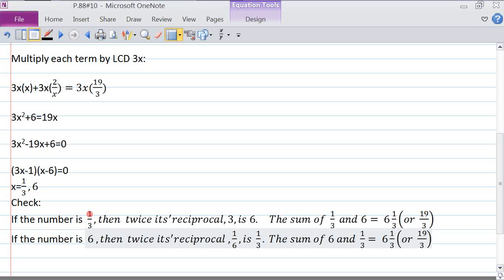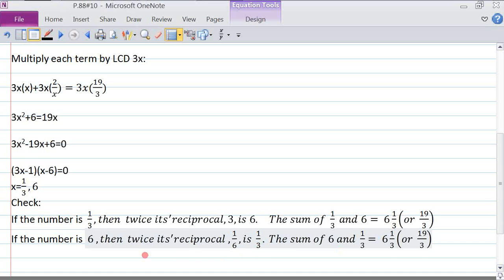So if we assume we start with 1/3, then twice its reciprocal, which is 3, we turn this upside down, it becomes 3, and we multiply it by 2, we get 6. So we get 1/3 plus 6, and that equals 6 1/3, or 19/3. If the number is 6, then twice its reciprocal, twice the reciprocal of 6, which is 1/6, is 2/6, which is 1/3. Now we add 6, and